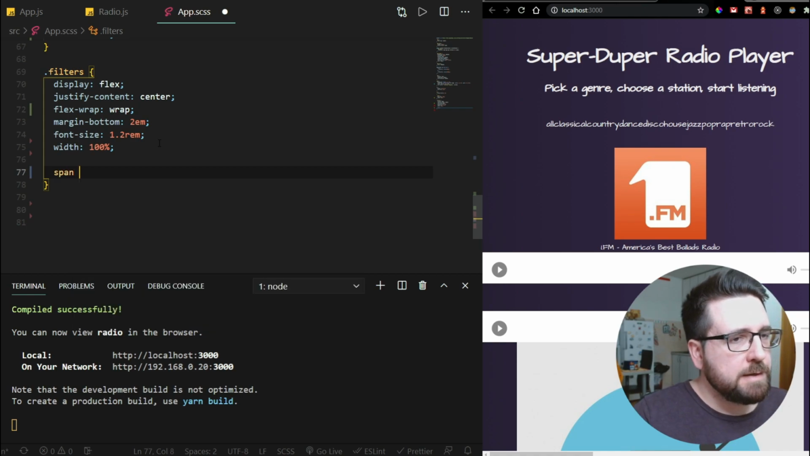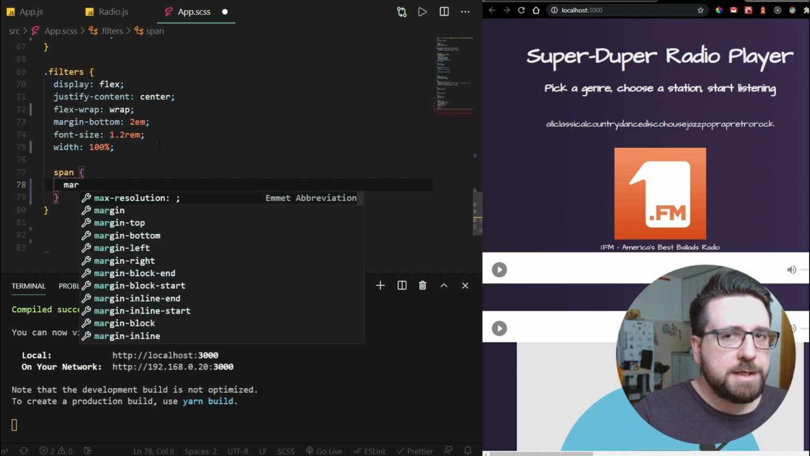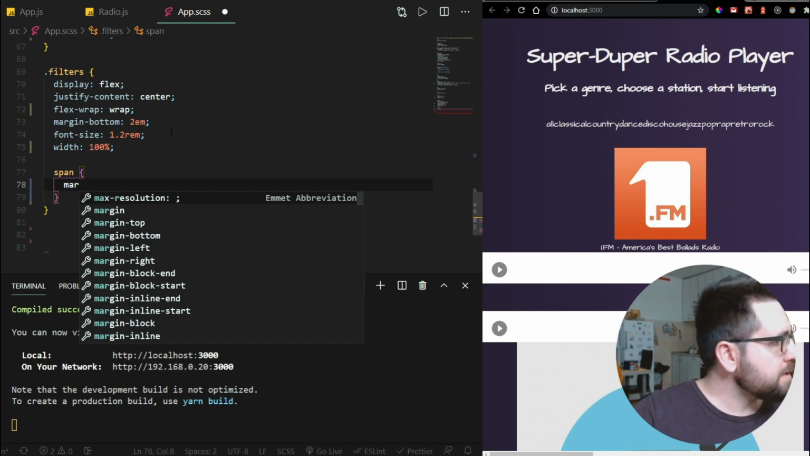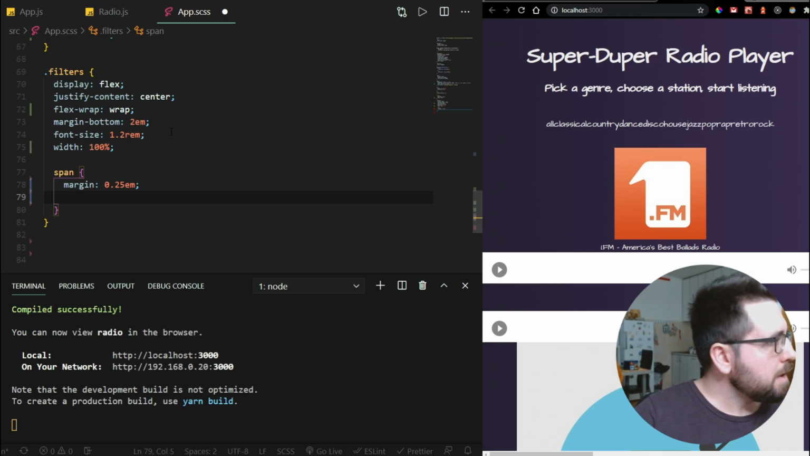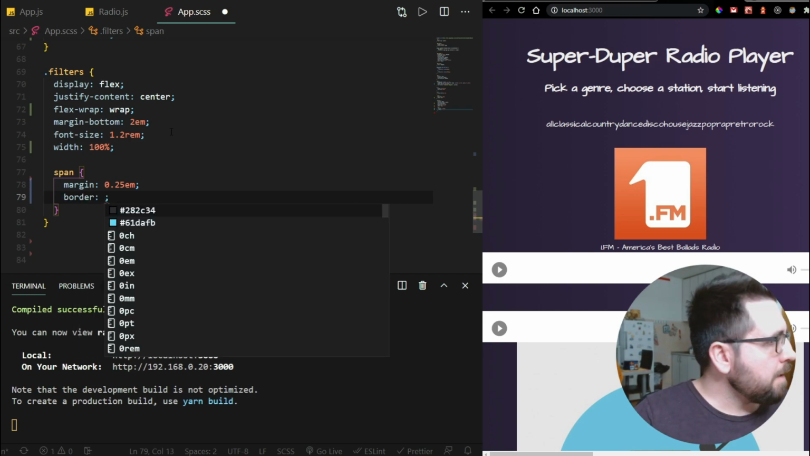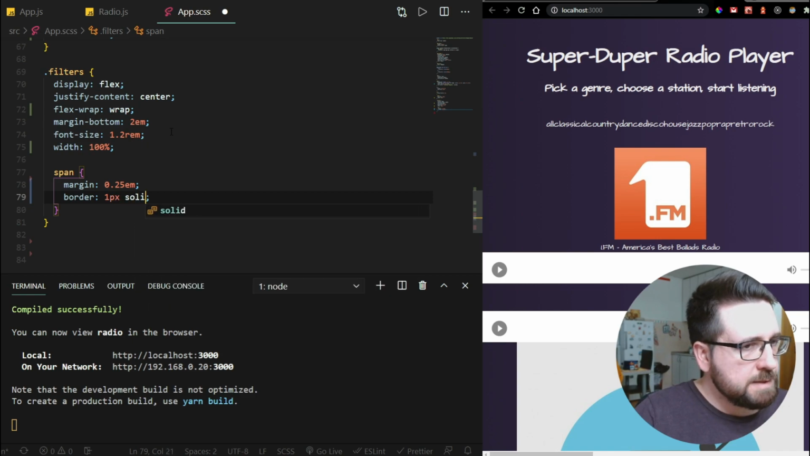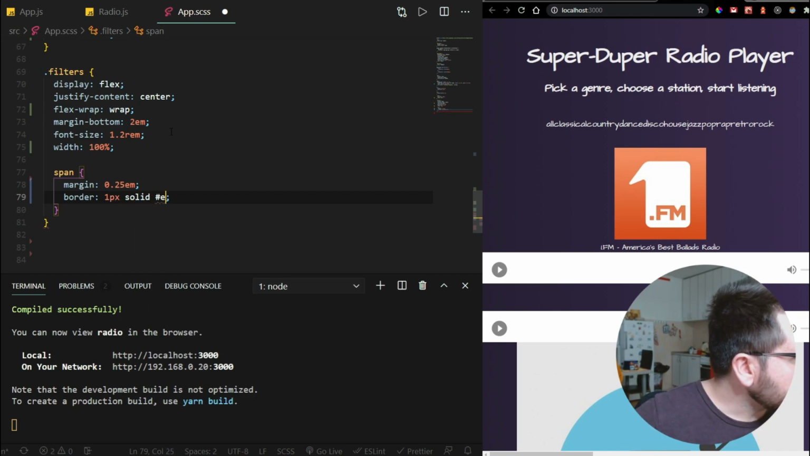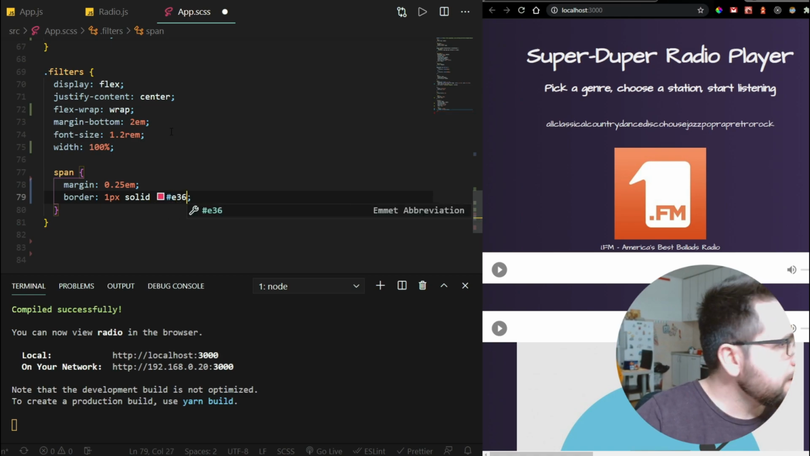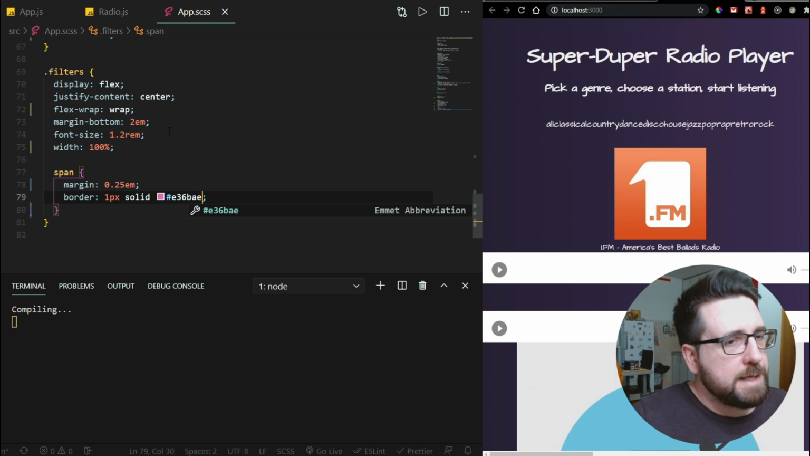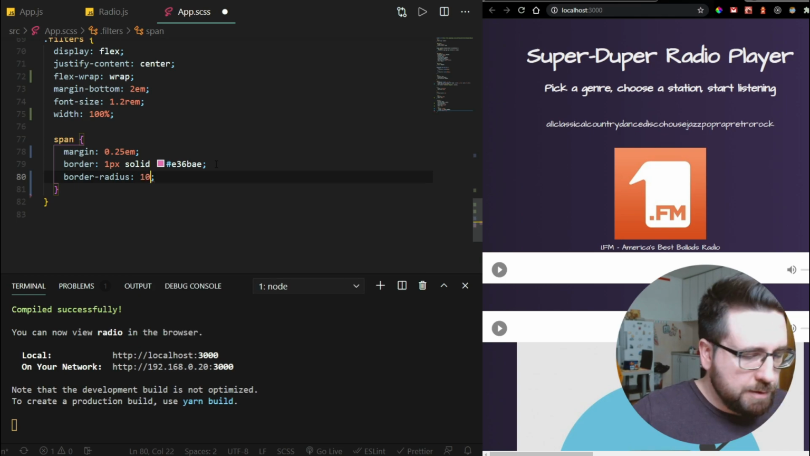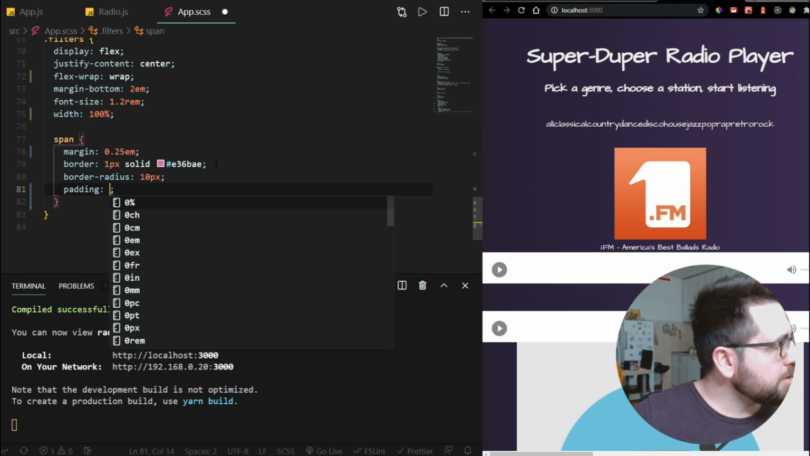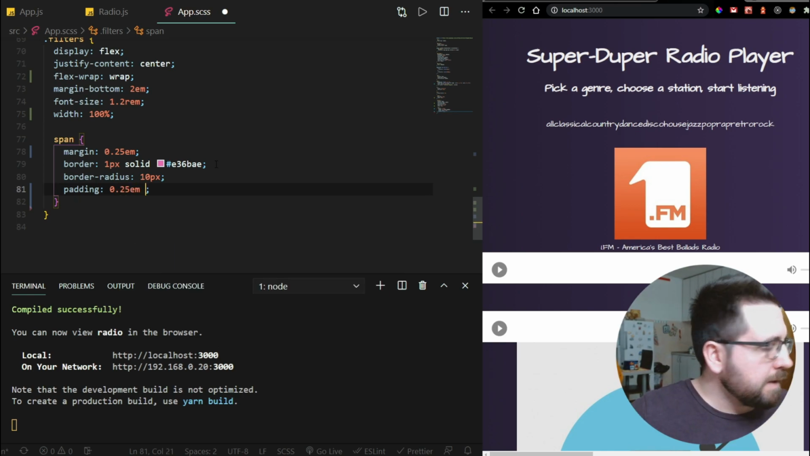For the span tag inside of the filter, which is the actual filters, we are going to say margin is 0.25 em. We are going to give them a little border, which is going to be 1 pixel solid, and this is a color that I found, E36BAE, which is a pink color. Border radius is going to be 10 pixels. Padding is going to be 0.25 and